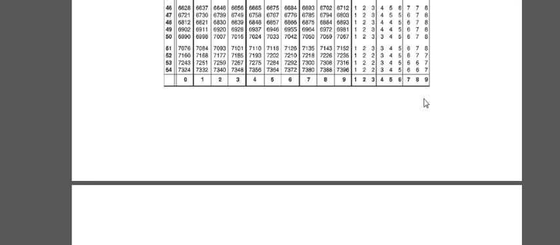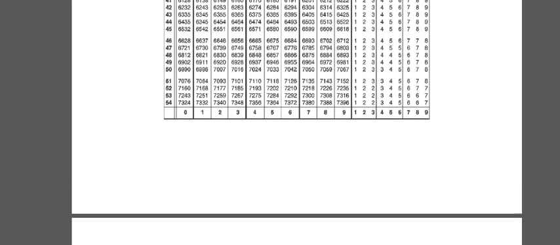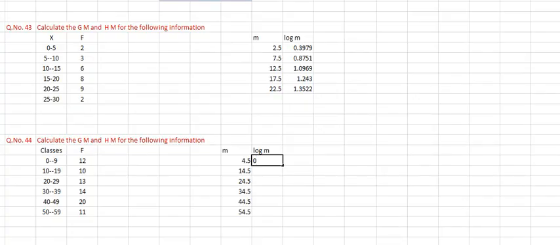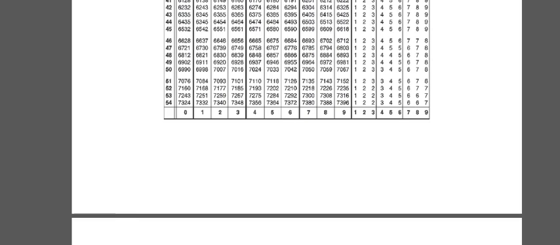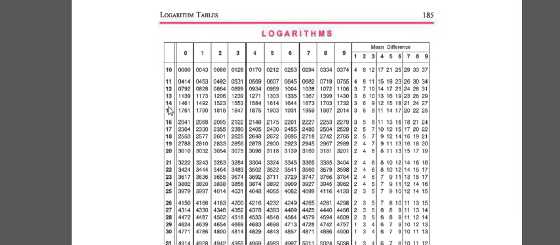Then you find 4.5, which means 45 0. How to find in the table now? 45 0 you have to find. See, 45 0 is how much? 6532. 0.6532. Now 14.5 means what? 14 means 2 place minus 1, which is 1. Then you have to find the 14.5 in the table. 14.5 means 14 and 5. Don't think that point is there. 14.5 is 1614.